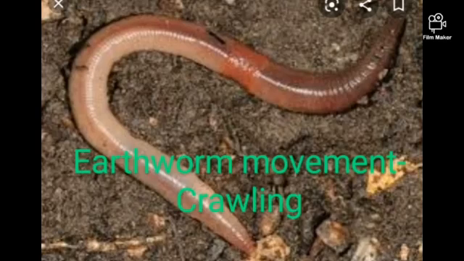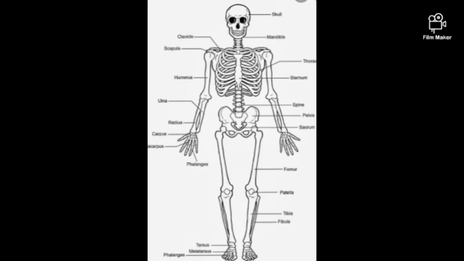Some parts of our body can move more than others. What determines how much movement is possible for each part? This is determined by your bones and how they are joined to each other. Let's study about bones in detail. So now we are going to start the human skeletal system.